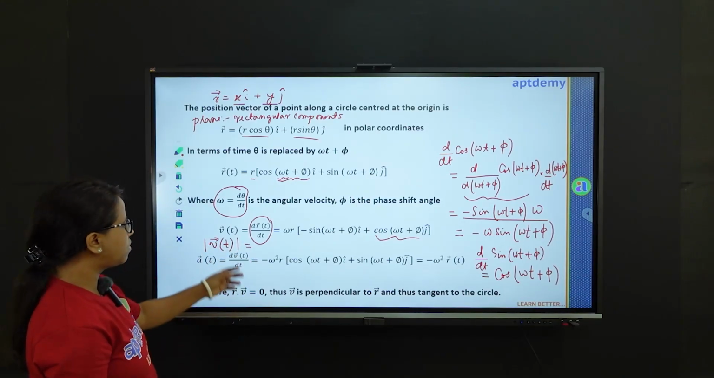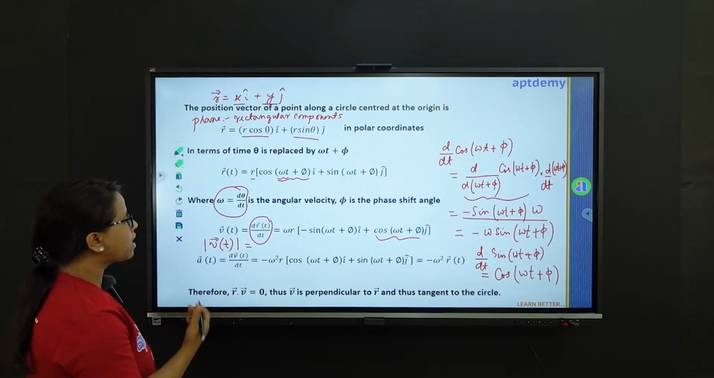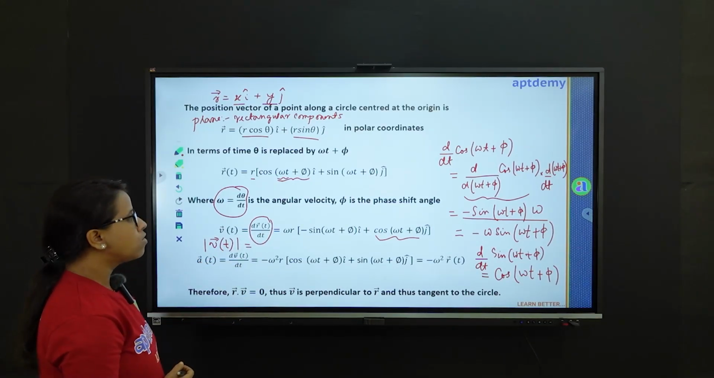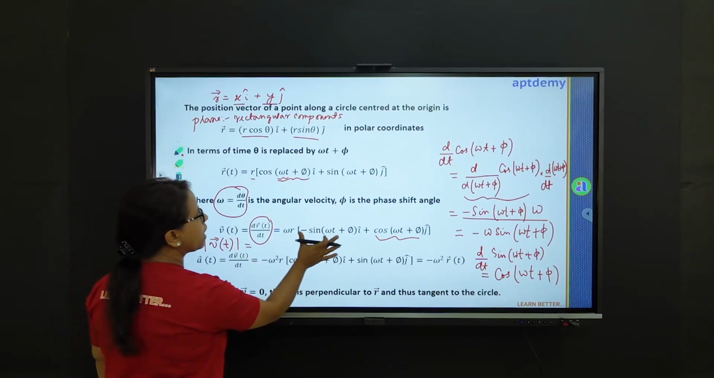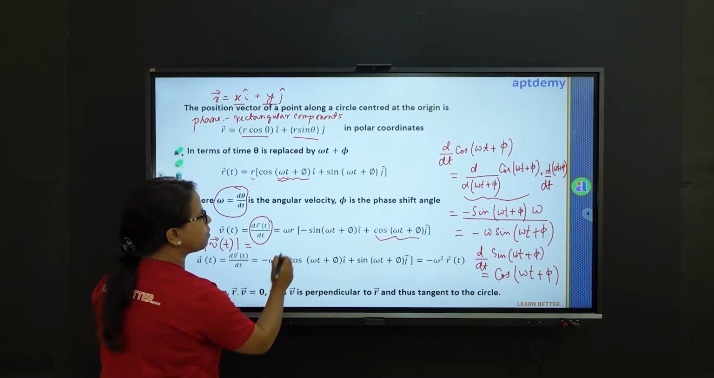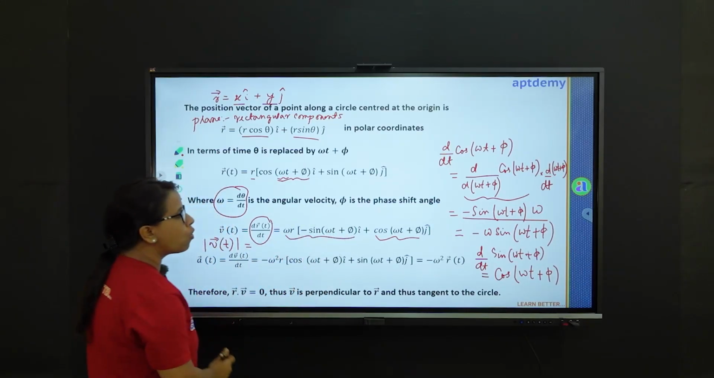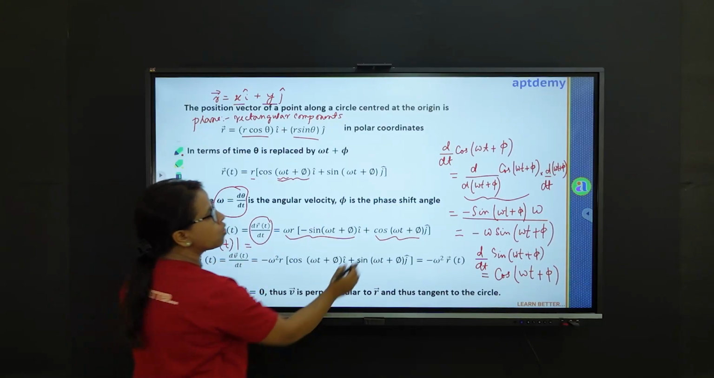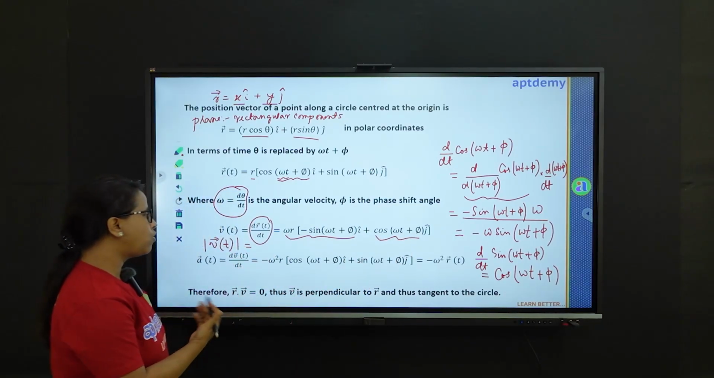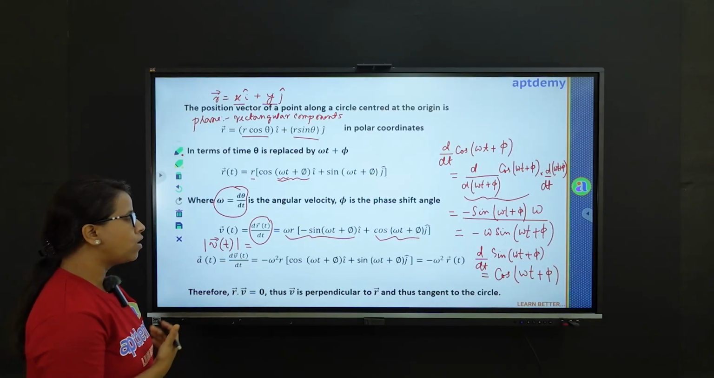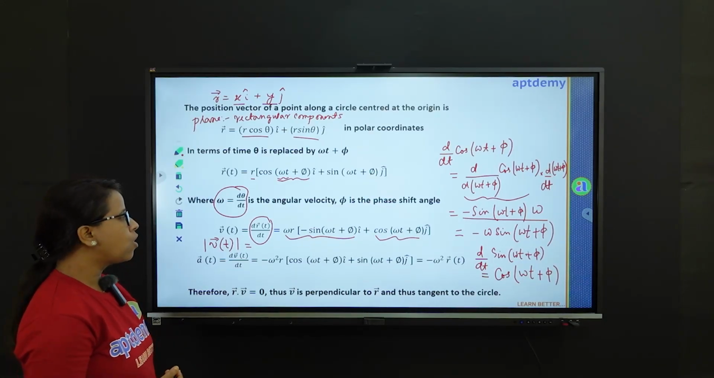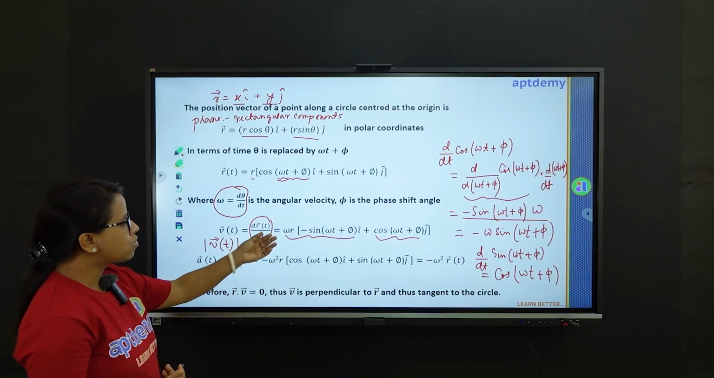It is nothing but root over x square plus y square. So what is x here? x is R omega into minus sine of omega t plus phi, and y is again r omega cos of this. So when we are doing square root over x square plus y square, what comes out is square root of,